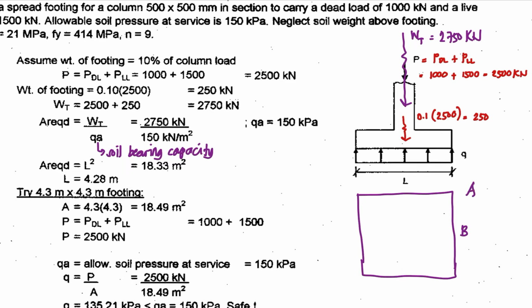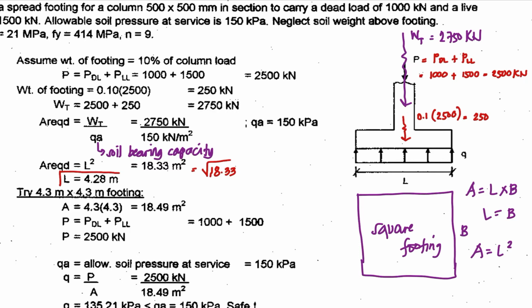where the footing is square. So therefore the area is equivalent to L times B, where this is a square footing. So therefore your L is equal to B. Okay, so therefore you have your area equal to L squared. To solve for L, since this is a square foundation, you have the square root of 18.33. Okay, so you now have your L